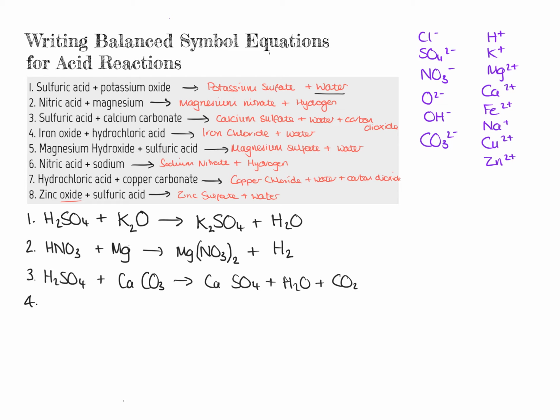Number 4 is iron oxide. So we've got iron, and the charge on iron is 2+. By the way, iron is a transition metal, so it can have other charges. You can have iron 2+, or you can have iron 3+, mainly. But in this case, I've said that we're going to use iron 2+, so we'll stick with that. And it was iron oxide, so we need O, and O is 2-. So again, we've got a case where our charge is already balanced, so we can get rid of our working out. And iron oxide is just FeO in this case, plus